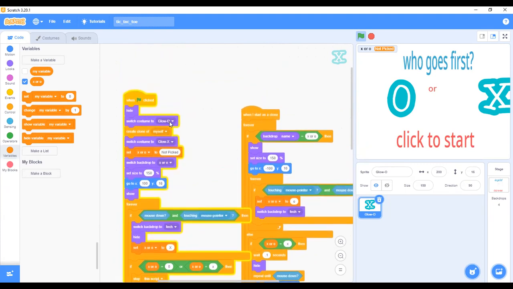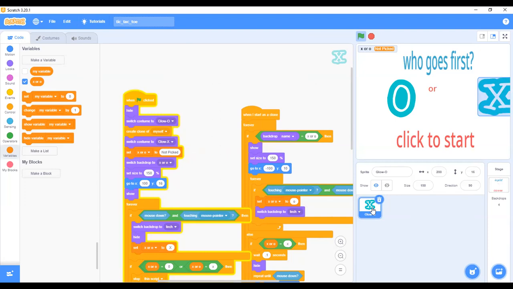Is this the place that shows when green flag clicked, hide, switch costume to glow O? I don't get your question. Yeah, this is a costume. Everything you are doing is for this costume.